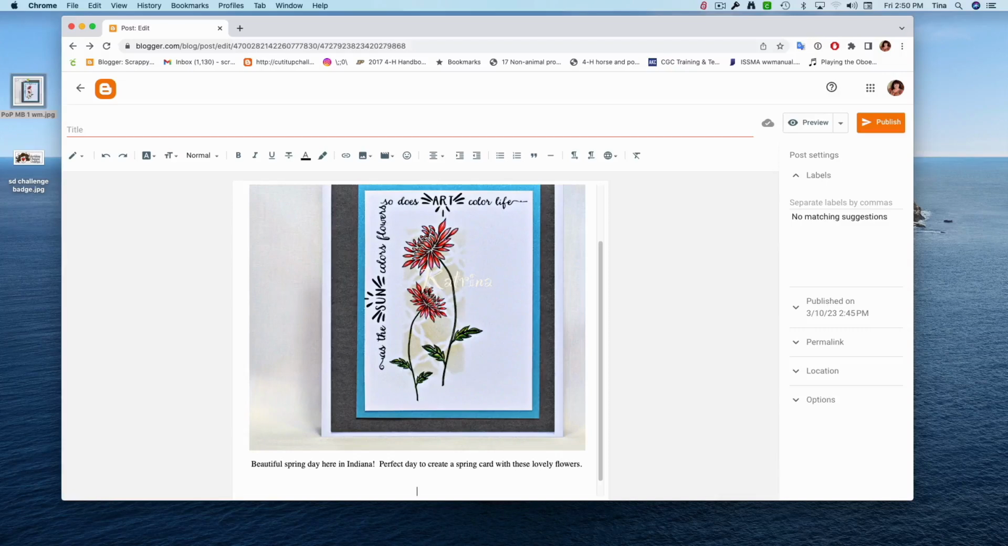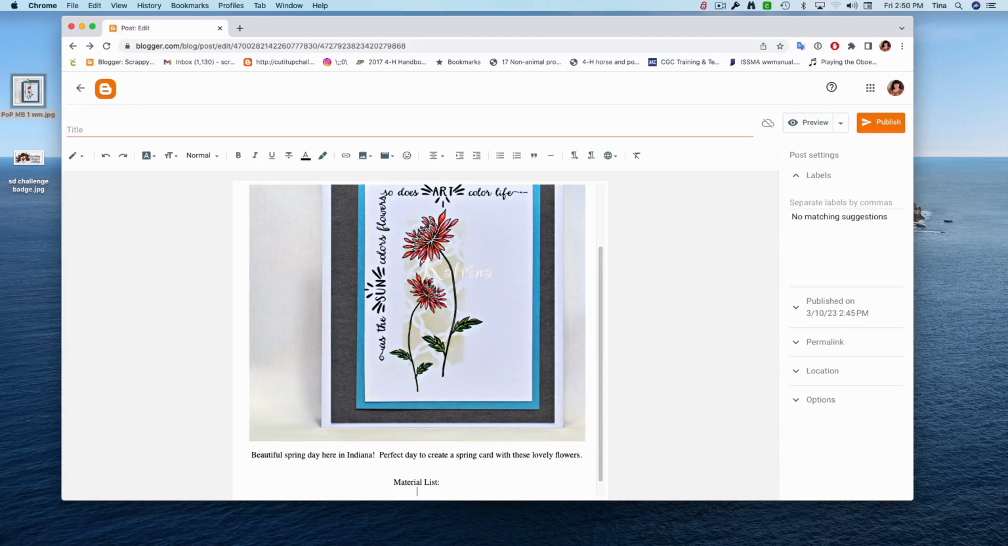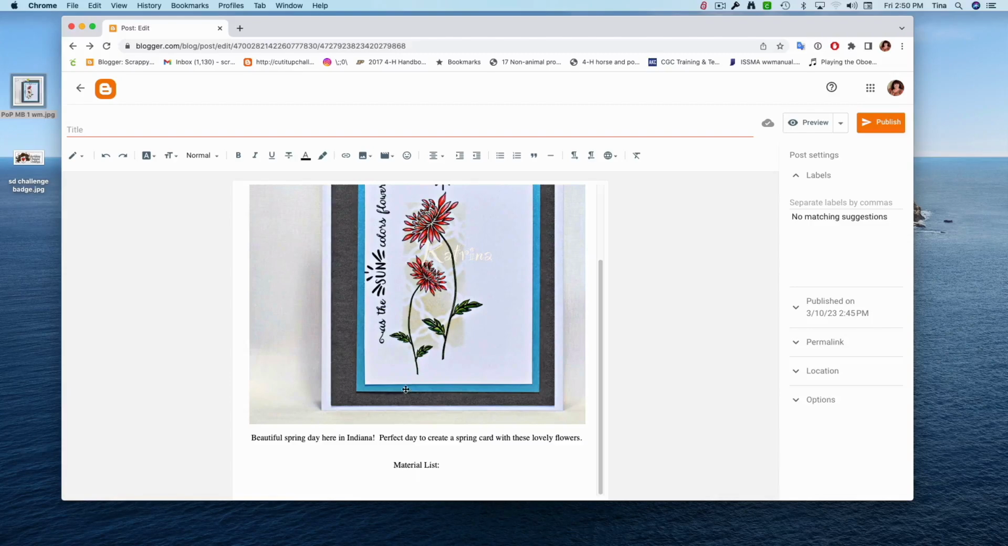So now you're going to come down and you're going to want to create a material list that tells people what you used to create your card, your scrapbook page, whatever it is you're showing. So you could write supply list or material list. I usually type material list, and then I list everything I used. Now, I'm not going to go through and do that, but I am going to show you how to link